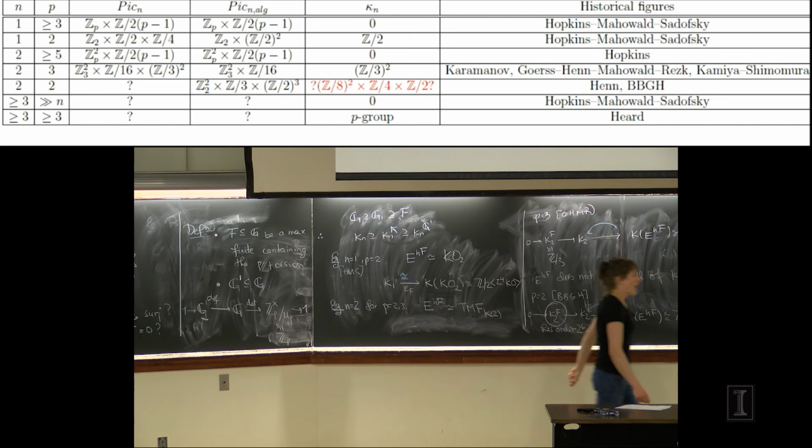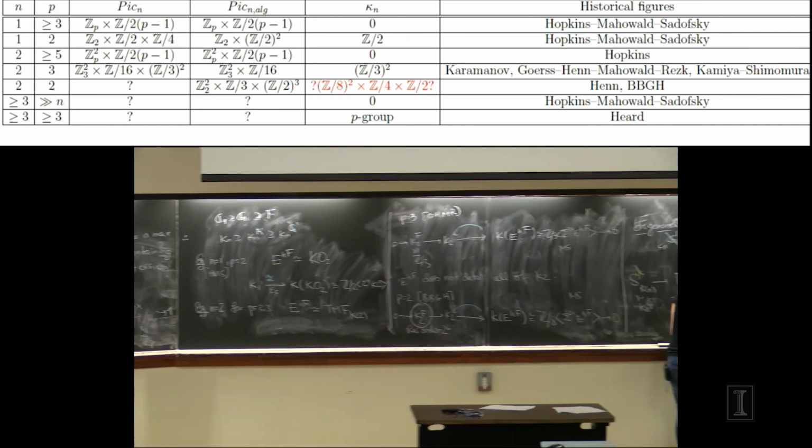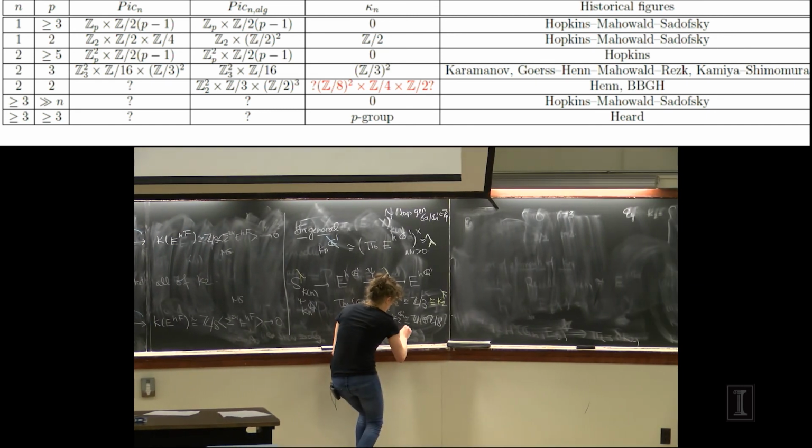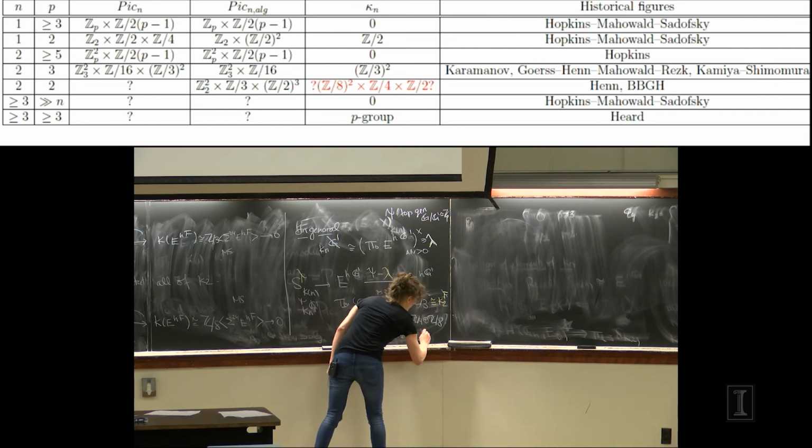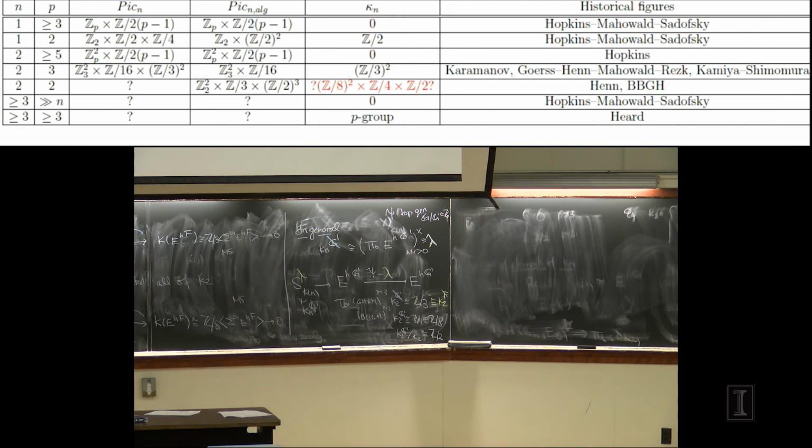At the prime 2, this is not the case. At the prime 2, if you want to see what's the quotient in this piece of the filtration, you're going to get a Z mod 2. All right. So there's an extra level of complication at the prime 2. What a surprise.